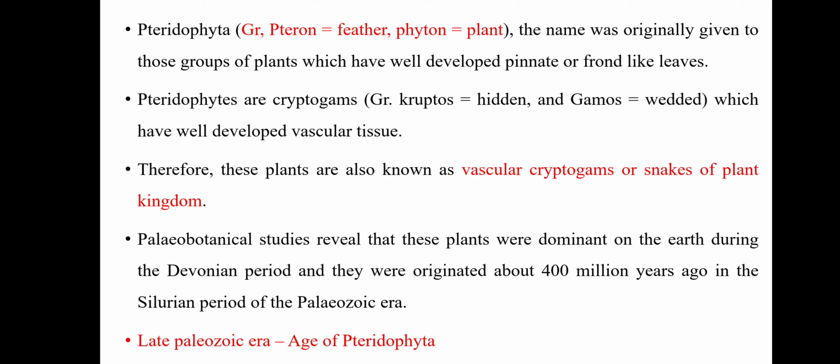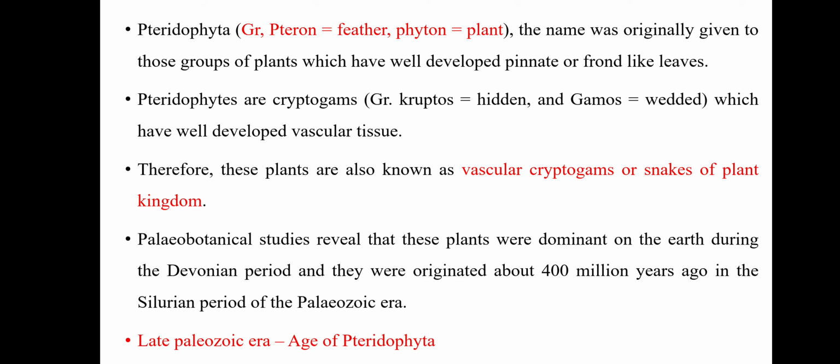Pteridophyta. What is pteridophyta? The Greek meaning of pteron is feather and phyton means plant. The name was originally given to those plants which have well developed pinnate or frond-like leaves. Pteridophyta are cryptogams. Crypto means hidden and gamos means wedded. They have well developed vascular tissues. So, thallophyta and bryophyta lack vascular tissue, but pteridophyta have vascular tissue, so they are known as vascular cryptogams or